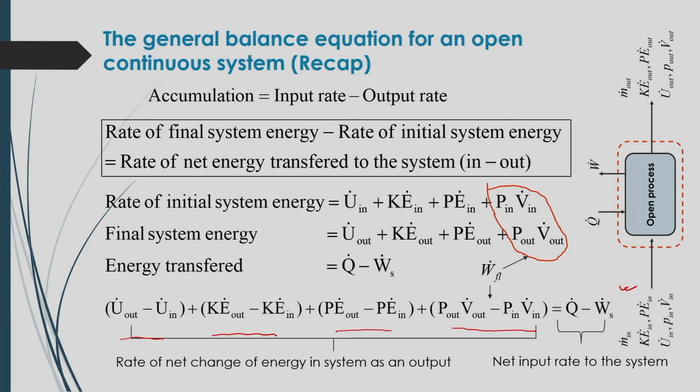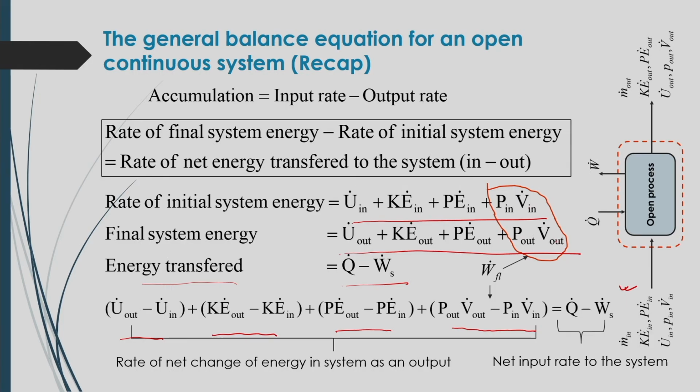So, in this case, rate of final system energy minus rate of initial system energy will be equal to the rate of net energy transfer to the system. Now, the rate of initial system energy can be represented by these terms, and the final system energy by these terms, and the energy transfer will be Q dot minus W s dot. This W s dot is basically the shaft work, and